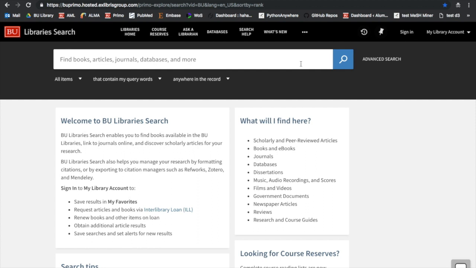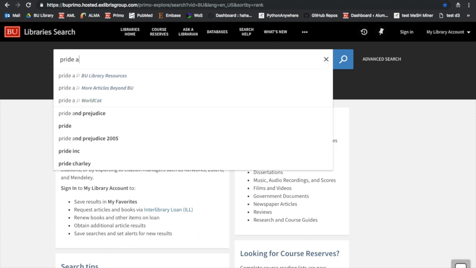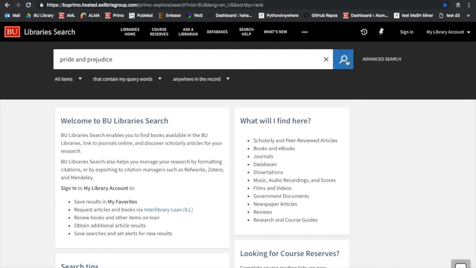Okay, so now that we're on the BU Library Search page, let's say we want to veer into the world of the humanities for a moment and brush up on our Jane Austen. So if I go to the search bar here up at the top and I do a search for the novel Pride and Prejudice, a true classic, and I hit the magnifying glass to search,